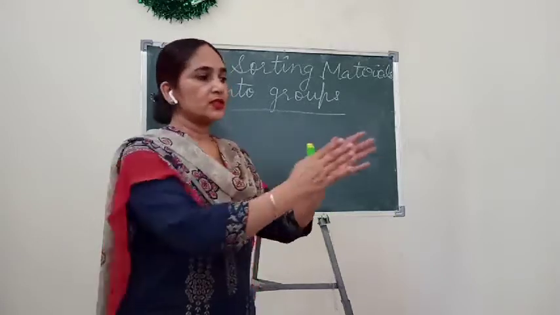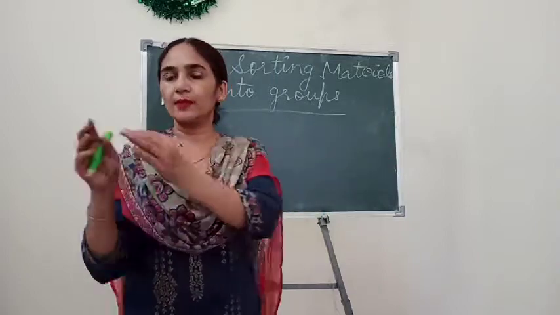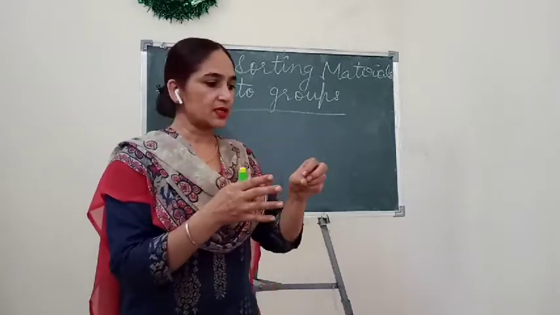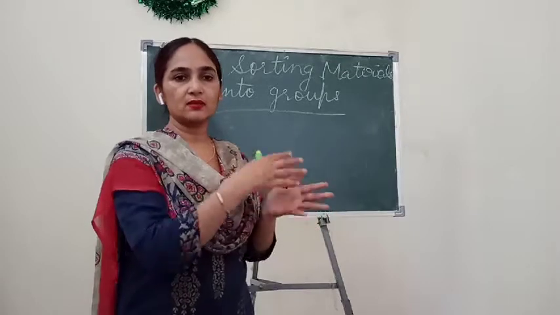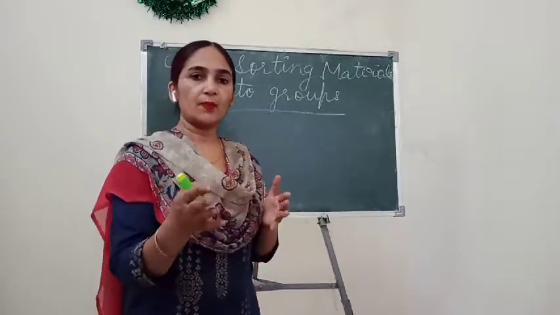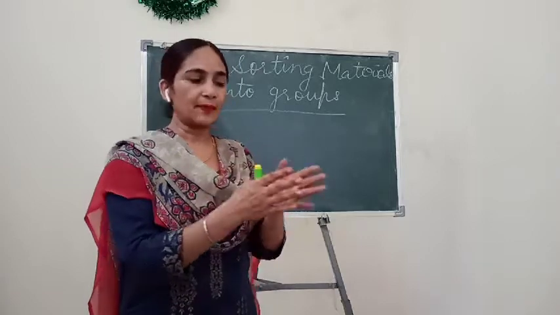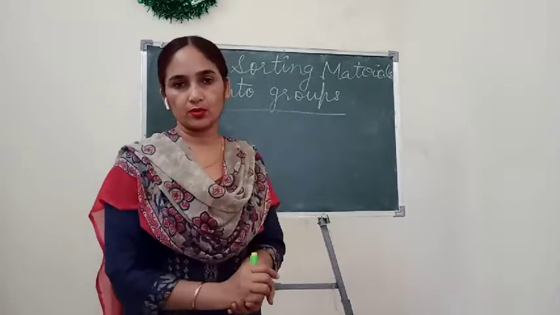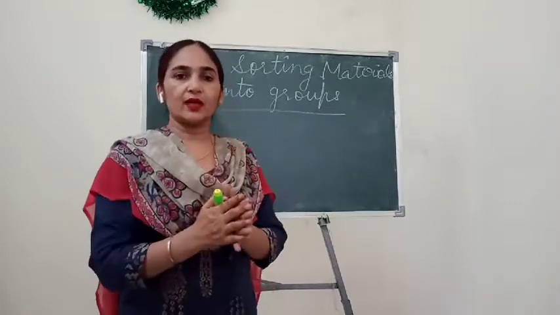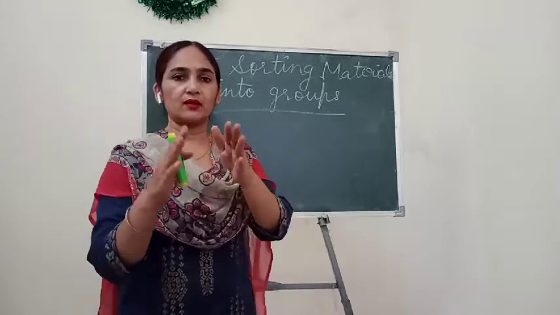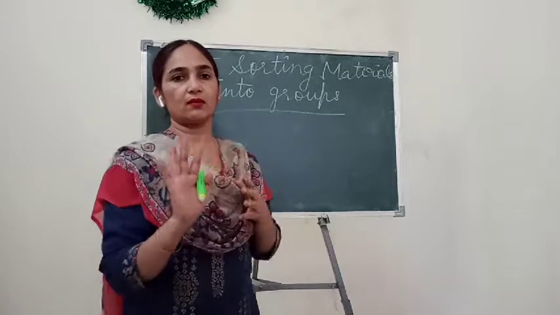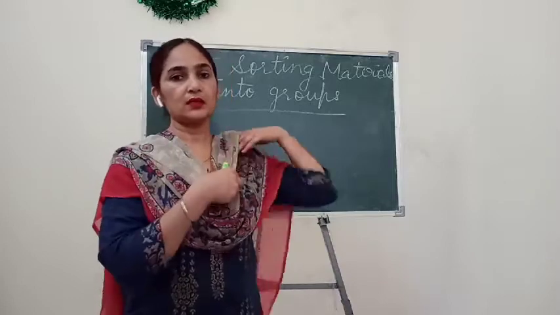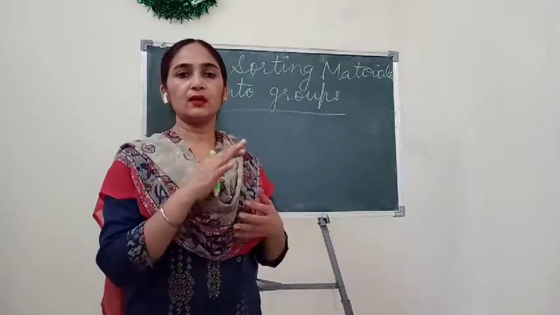These are the vegetables. You know that vegetables we have to keep in the refrigerator. So we sort out the vegetables first. After that we sort out the stationery things. These stationery things, pencil, eraser, your sharpener and your copies and books, you make separate and keep in your cupboard or your table where you keep your books. In the same way, kitchen items we keep in the kitchen, and cosmetic items we keep either in the dressing table or in the washroom, where you want to keep your shampoos or soap.